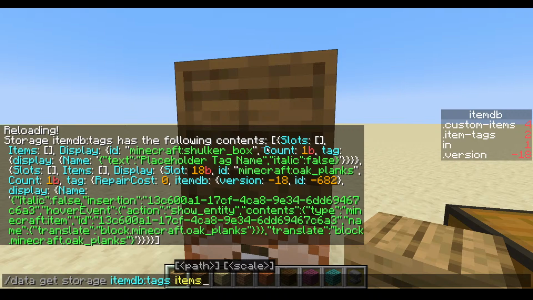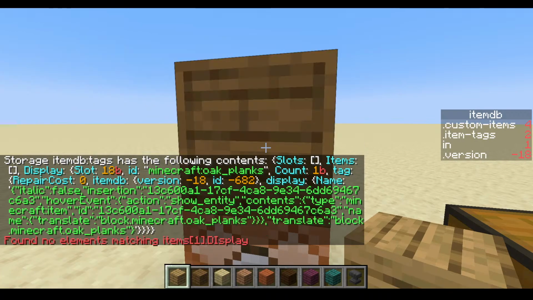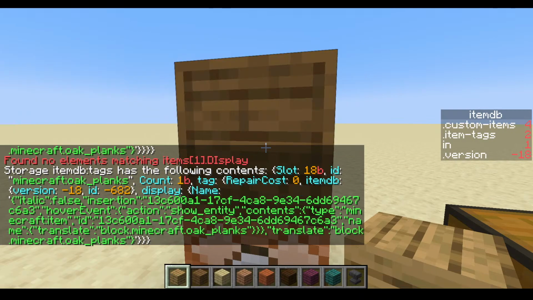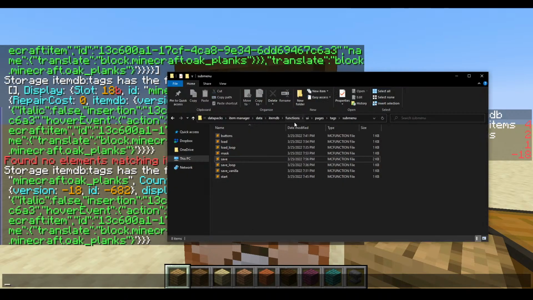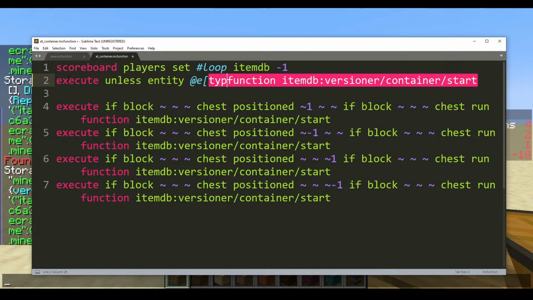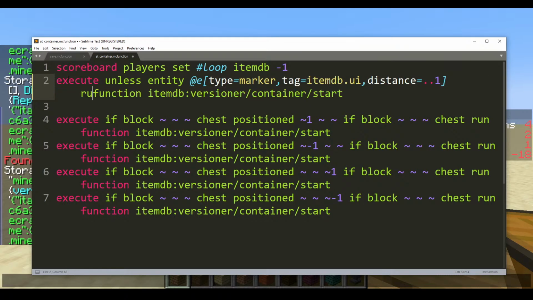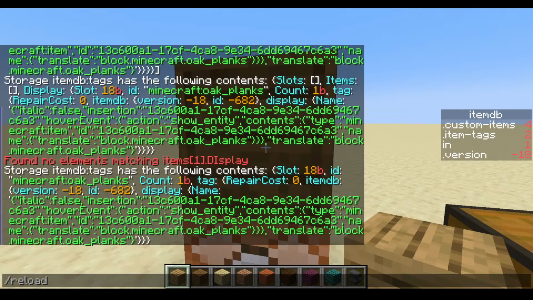I think the versioner took precedence. Or, no. Yeah, I think the versioner took precedence. Let me go versioner at container execute unless entity at e type equals marker tag equals item db.ui distance equals ..1, just to prevent the versioner from operating on the